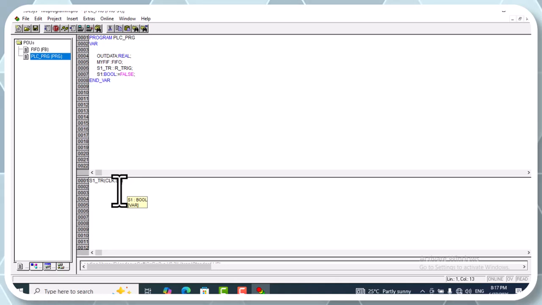Is equal to S1, so we change the state of the trigger only once, and then we check if S1 TR dot Q is true, then